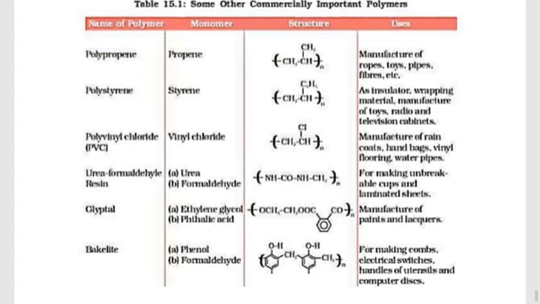Now some other important classes of polymers, polypropylene, polystyrene, the uses are given, the structures of the polymers are given, and the monomer units are written. So do learn. These are very important and simple chapters. We have discussed so far in this unit what a polymer is, the process by which polymers are formed is polymerization, the classification of polymers on different bases, the examples you need to learn, and the applications. So do learn the topic. It's a very simple and important chapter. So this chapter is complete. If any doubt, do ask.